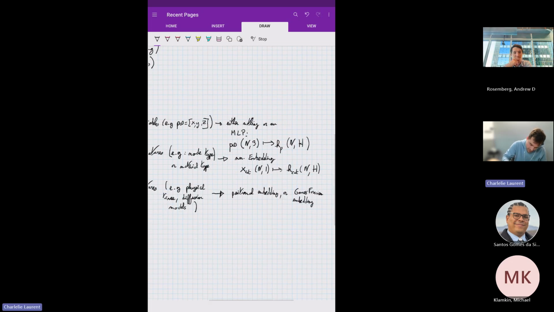So this will take your ordinal feature, for example the time, and it will output